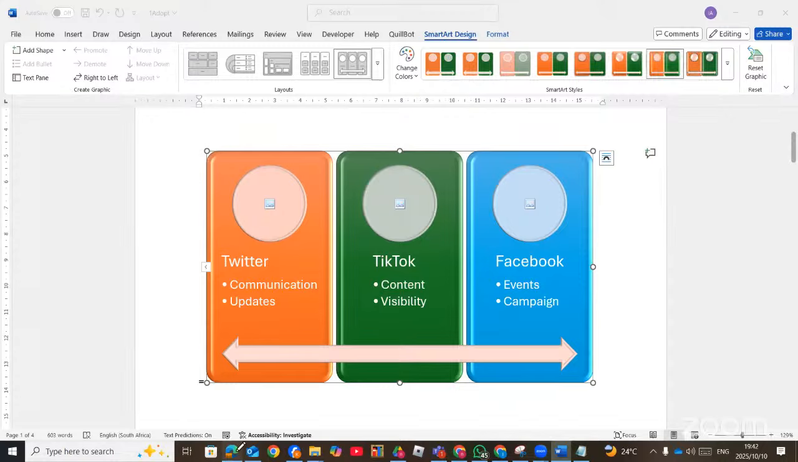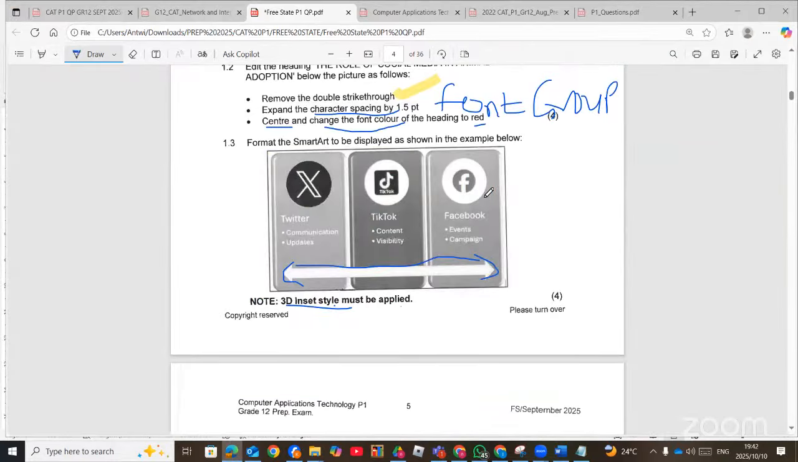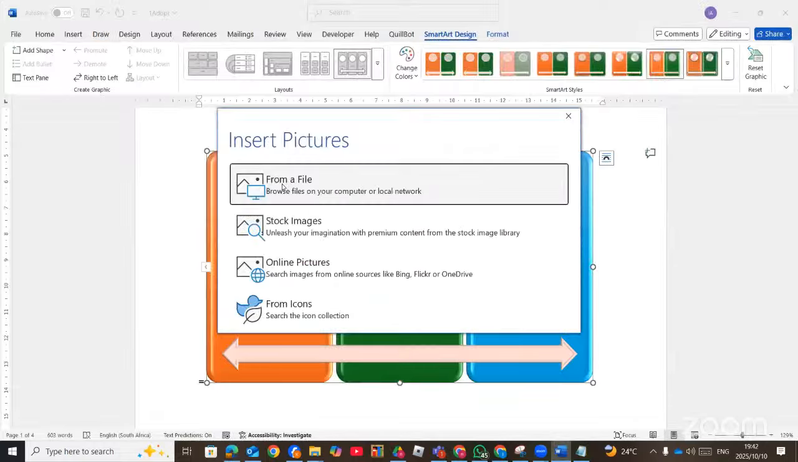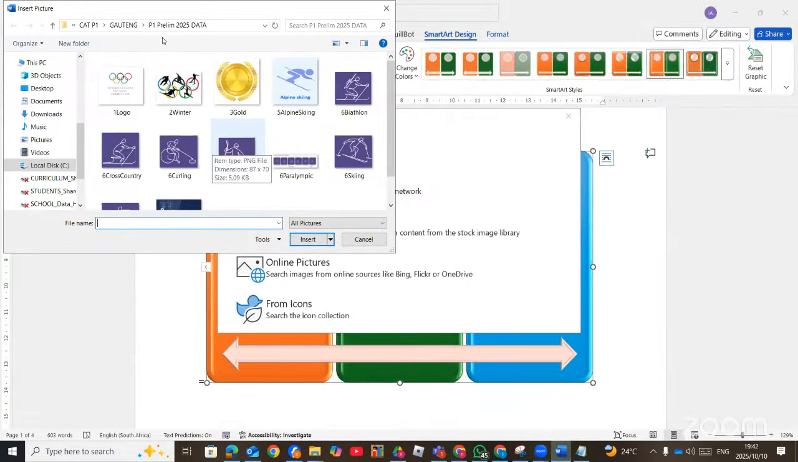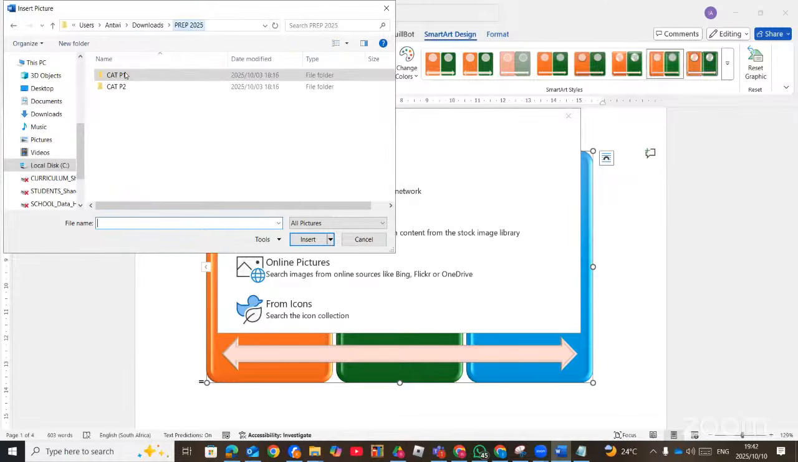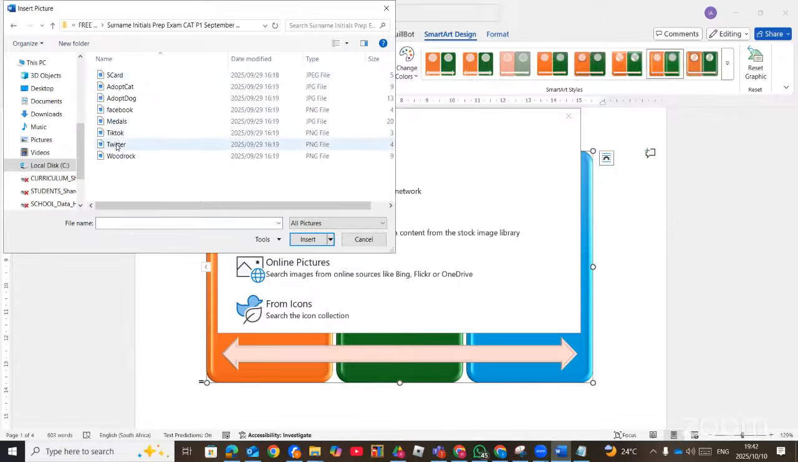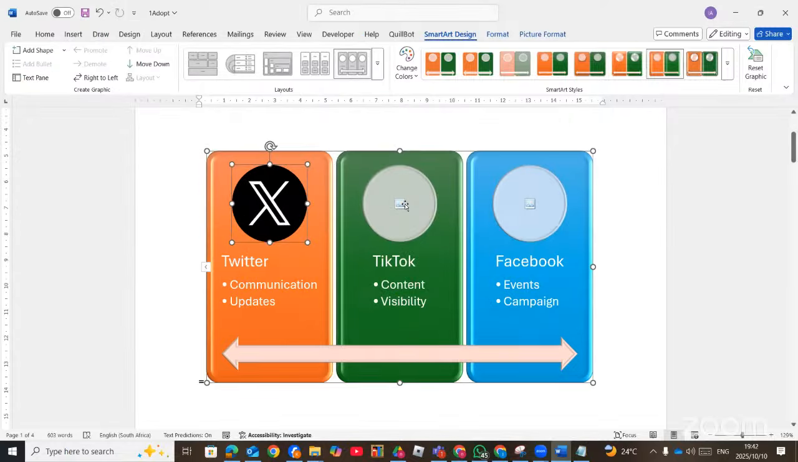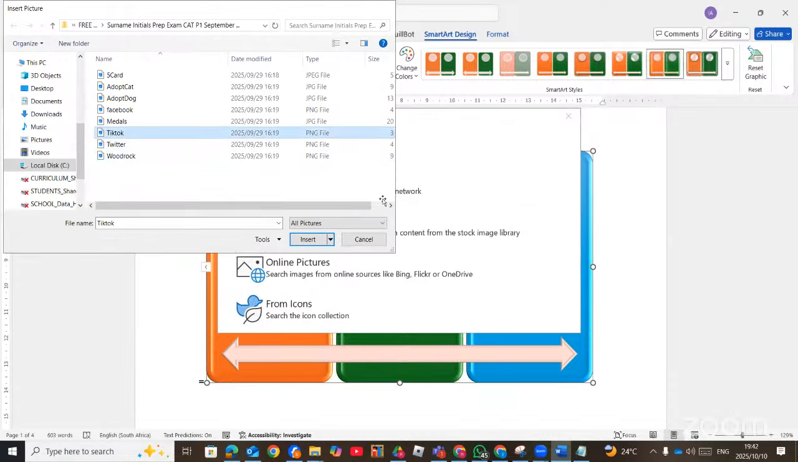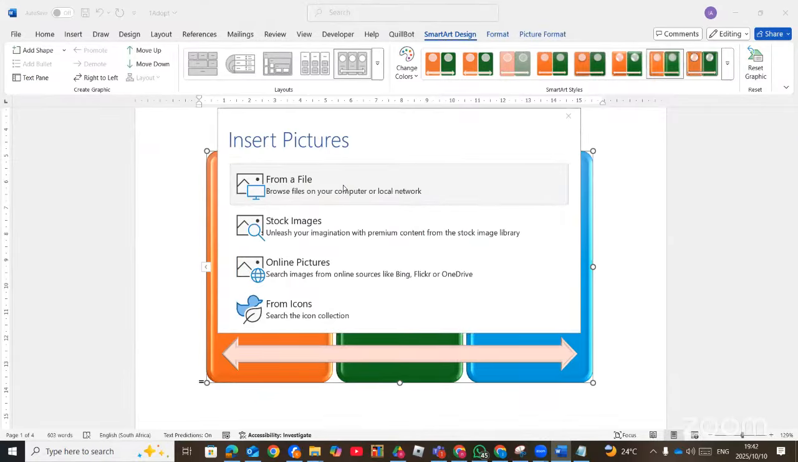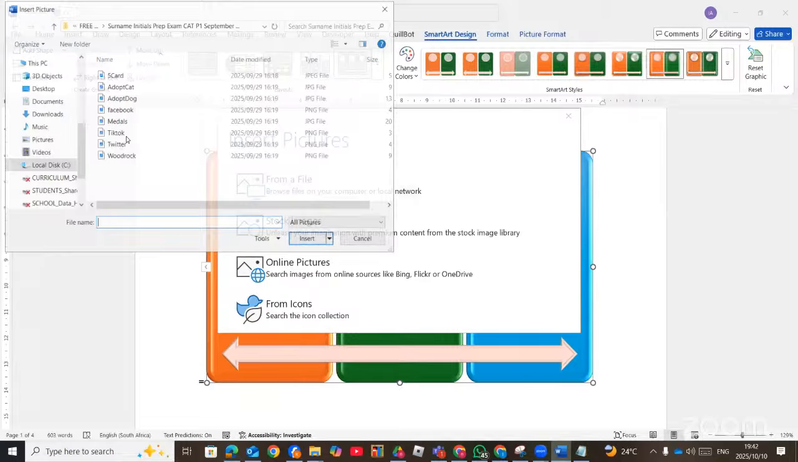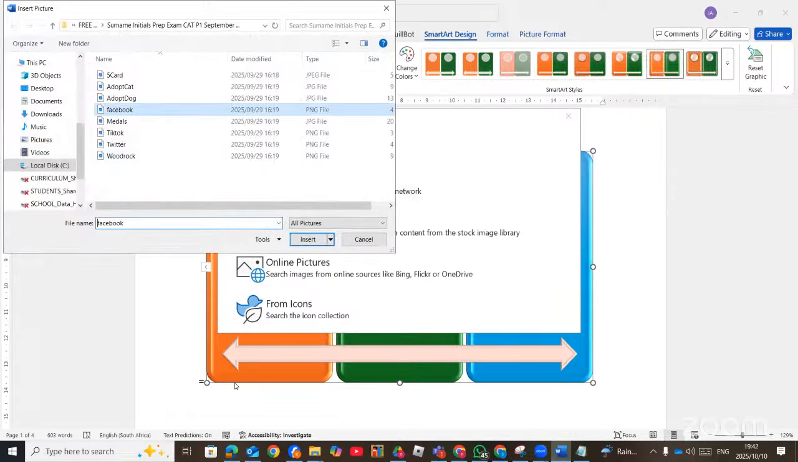And then there's the X image, the TikTok image, and the Facebook image. So the images must be displayed there. You must select the images. So X. Then here you click on TikTok. And then double click on Facebook. There we go. So that it works exactly as we see